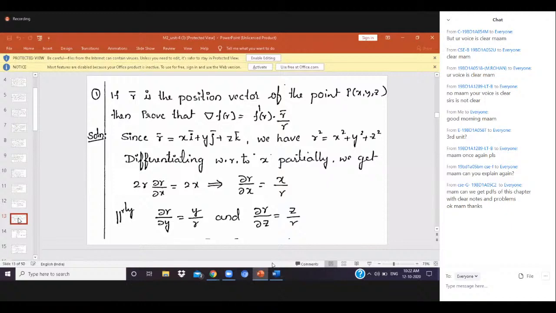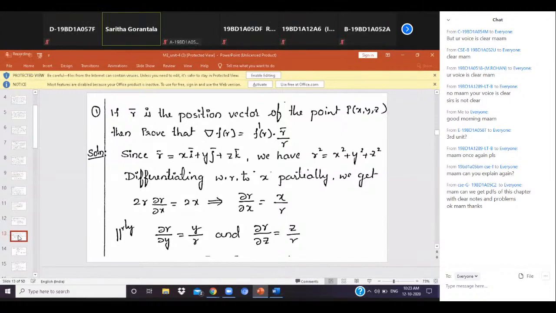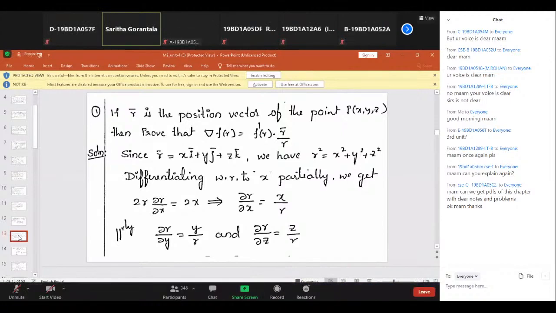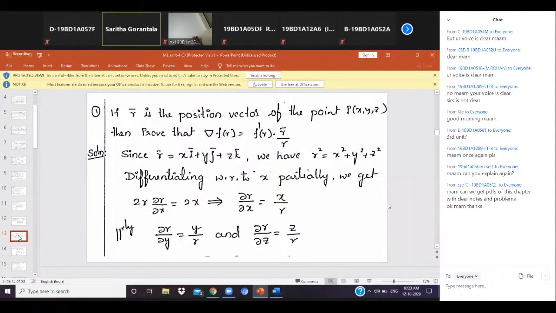So a few more problems are also there. This r bar is a position vector of the point P of x comma y comma z. So we need to calculate del f of r bar, that is equal to f bar of r into r bar by r. So always remember in this chapter, r bar is equal to x i bar plus y j bar plus z k bar. This is the r bar position vector, and r square is equal to x square plus y square plus z square. When we differentiate this r square with respect to x comma y comma z,